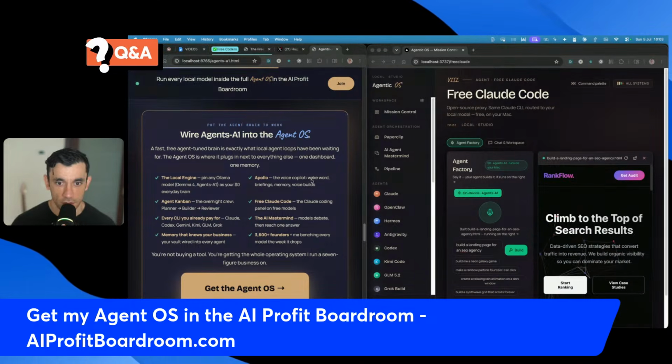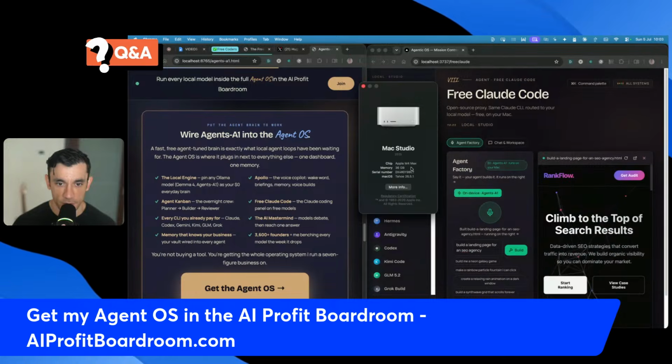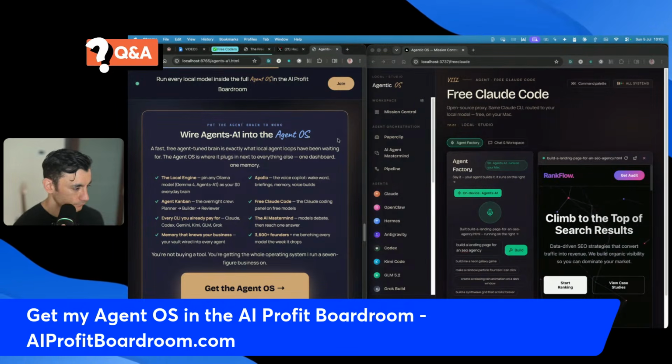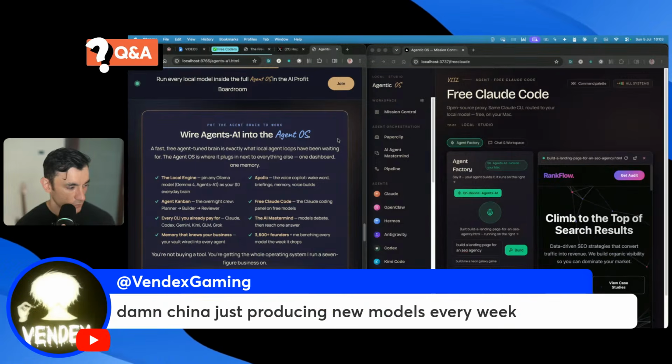This is running on a Mac Studio, Apple M4 Max, 36 gigabytes. Seems to work pretty nicely. And if you're wondering about A1,